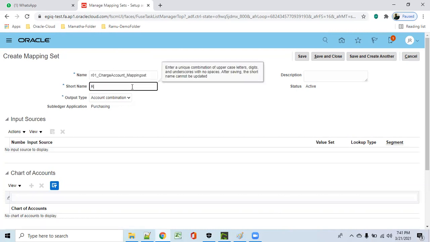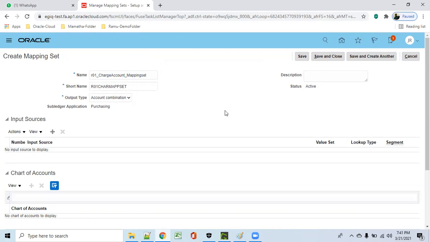The short name R01 CRMAPPSCT. Okay. Output type: it is account combination, segment, or value set.